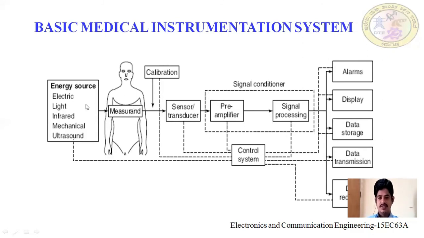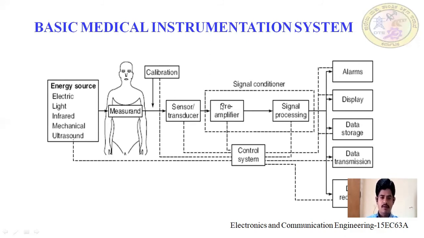Now the signal will be applied to the measurand. Then it is given to the sensor or transducer. We know the meaning of sensor, which senses the signal, and transducer means which will convert one form of energy to another form. Normally the signal generated by the human being is an ionic voltage, and our electronic circuit requires an electrical signal. So we cannot directly take the signal to our circuit; we must convert from ionic signal to electrical signal. That will be done with the transducer.